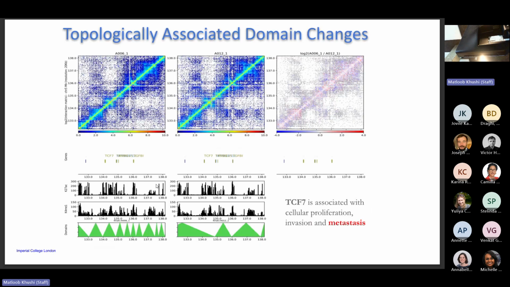So I told you about topologically associated domains. These are like regions that are close by that interact a lot more than regions far away. And these form these rosette-like structures. And I guess all of you know about Matryoshka dolls. So these are these Russian dolls that fit inside one or the other. So topologically associated domains are like that. You have these TADs, which are close-by regions, and then you have bigger TADs that enclose the smaller TADs, and so on. And so using Hi-C, you can figure out these interactions.